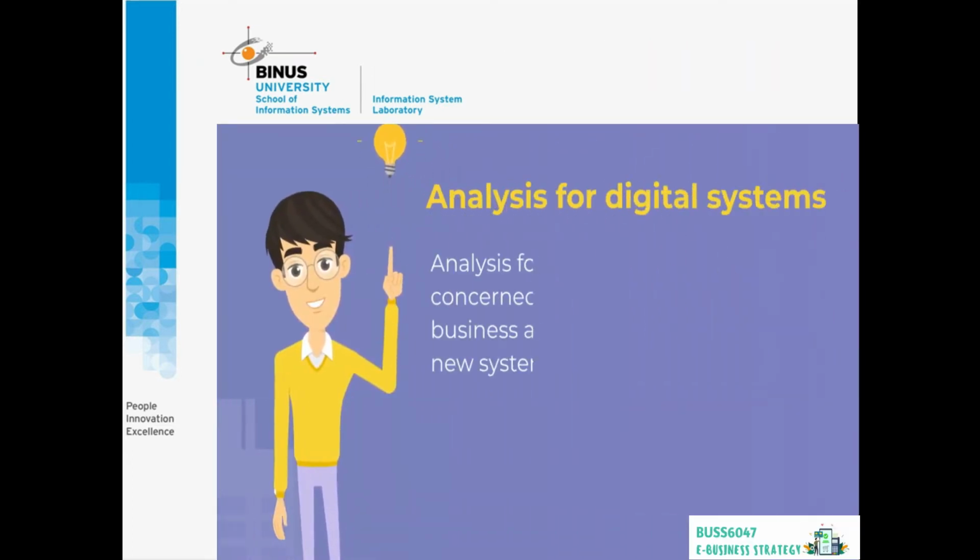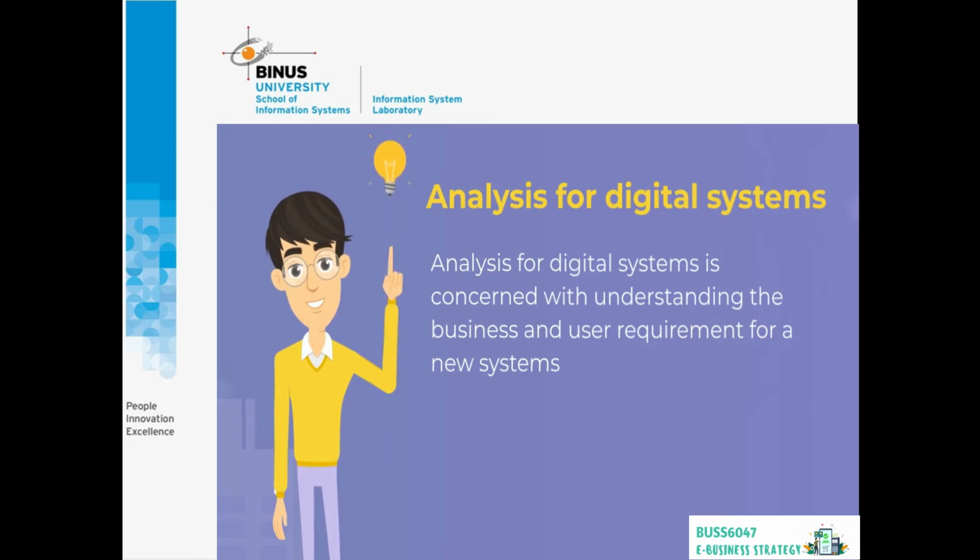Analysis for digital systems is concerned with understanding the business and user requirements for new systems. Typical analysis activities are understanding the current process and then reviewing possible alternatives for implementing the digital business solution. In this analysis, we will use diagrams to demonstrate the business process. In process modeling, we will use tools like flow process charts, effort duration analysis, network diagrams, use cases, card sorting,